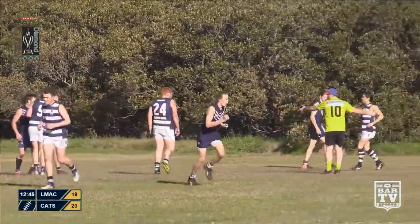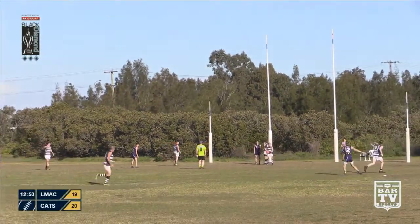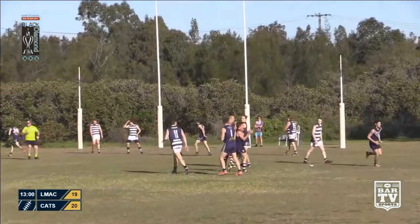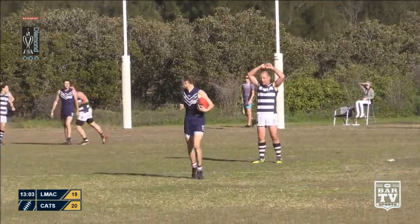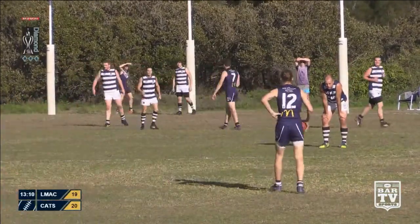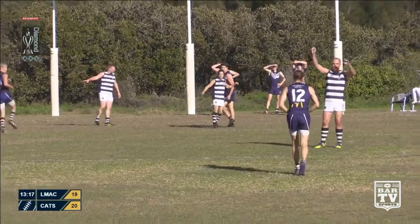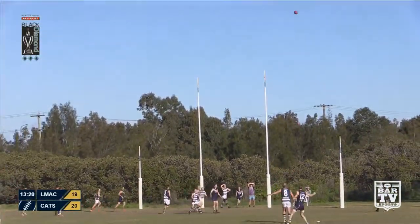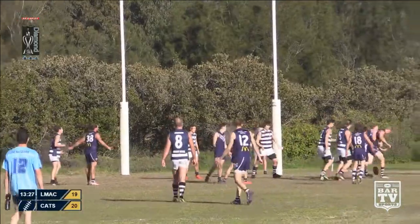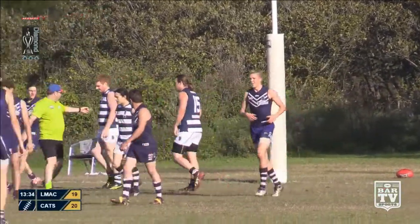Umpire's found something here. Not quite sure, must have been holding off the ball. Muswellbrook free kick. Just looking for a target. Not much on, I don't think. Good mark from Nick Bunny. Might be just on his limit, so I think he might be looking for another option. It's gone very close to the man on the mark, and yes, not quite made the distance. But Damon Chwali's taken a mark. No, not awarded. Another interesting decision, but